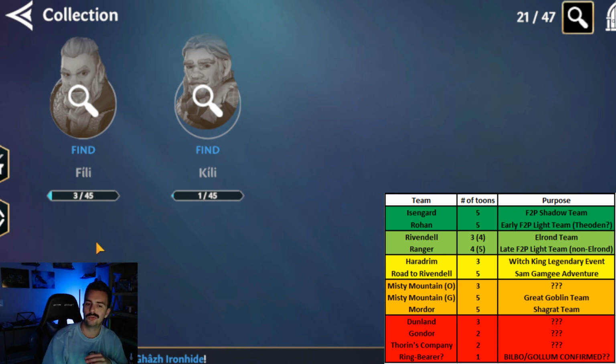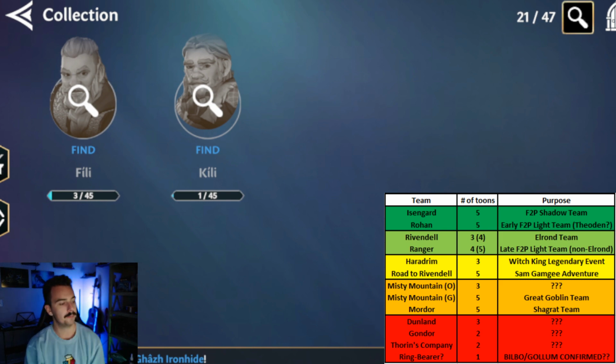We've got 3 dwarves in the game, but our 3rd dwarf is a made-up dwarf that doesn't have the Thorin's Company tag. So this is Thorin's Company. We got Fili and Kili, his 2 cousins. And obviously, if they have the Thorin's Company tag and it's not an Erebor tag, I think it's safe to